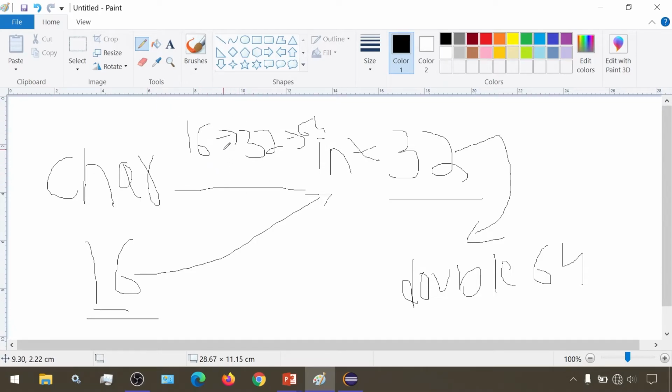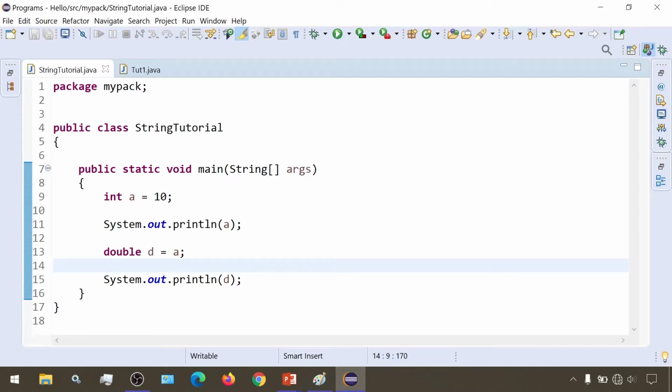So keep in mind, implicit means it happens automatically. So automatically the smaller will get converted into the larger. But if you have something like 32 being converted to 8 and implicit typecasting is mentioned, then this would be wrong. But if explicit is mentioned, then it can happen. For explicit, as I have said, we need to write special code, and for implicit we aren't needed to write any special code. Implicit happens automatically. So for implicit this won't be valid, but this will be valid. Such types of questions are common in multiple choice based exams.